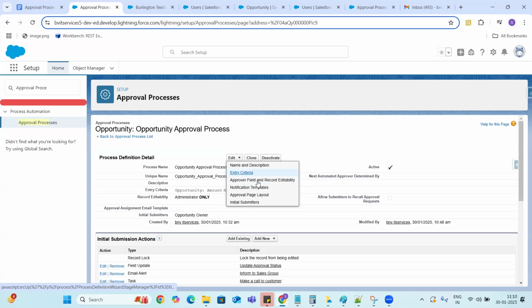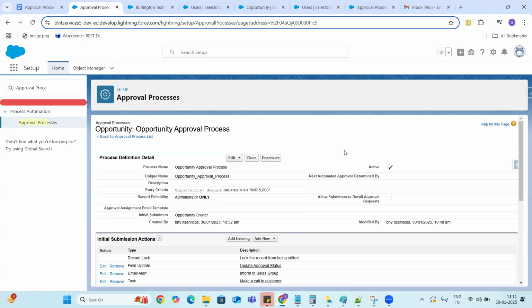After that, we can change each and everything: who are the initial submitters, the record editability and all. But using the standard setup, all these configurations we will do at the initial step itself. That is the major difference between the Jumpstart wizard and the standard setup process.